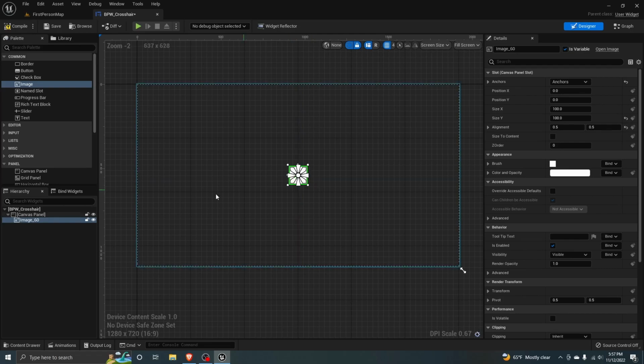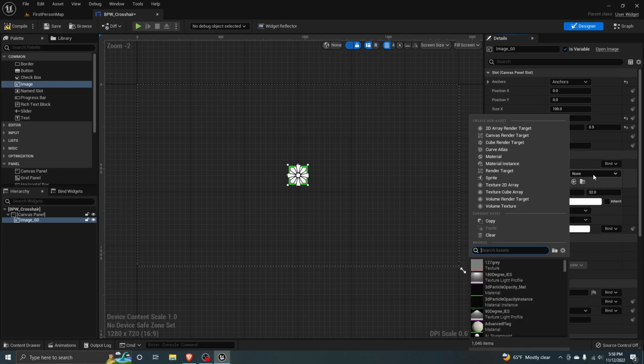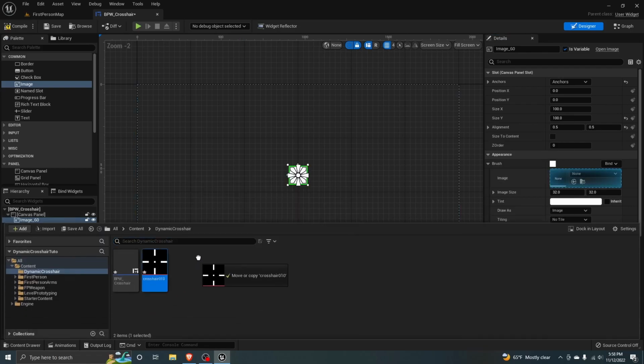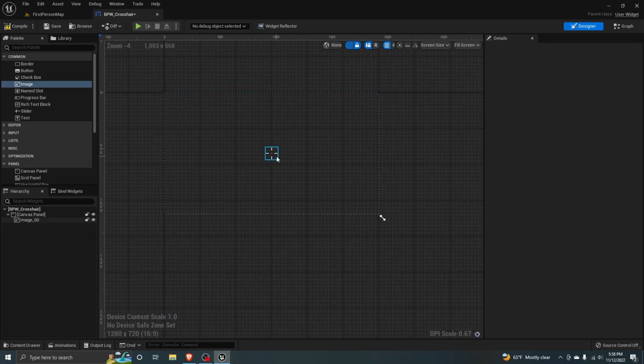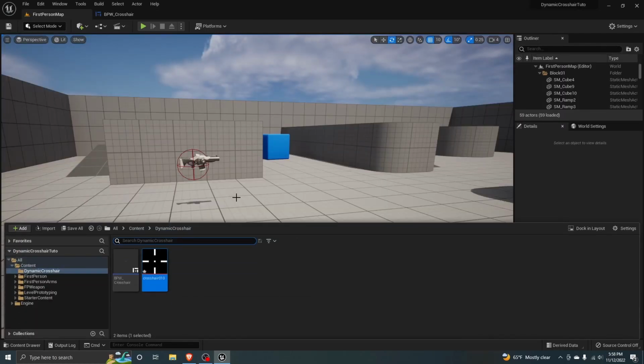Now I want this image to display the crosshair, so I'll go here into the details panel, click on brush, and I could drag in my image. Now I want to display this crosshair image onto the actual player screen. File save. So in order to do that, you have to go to the first person blueprint,